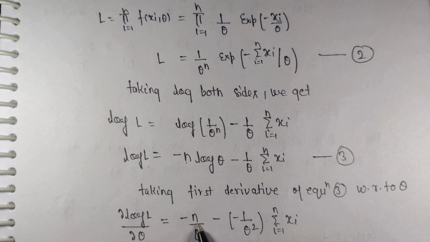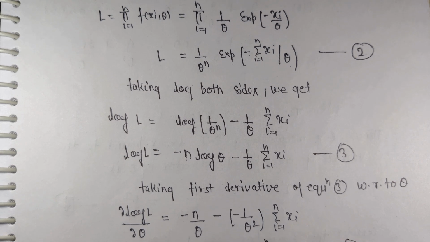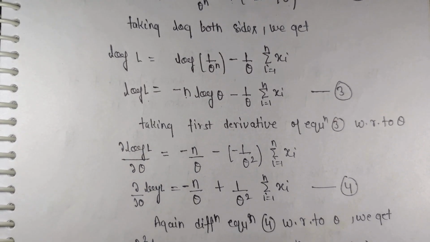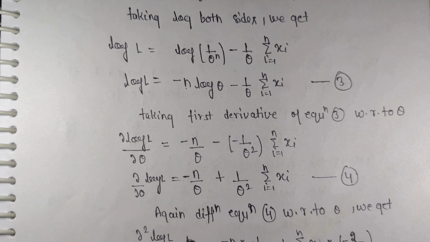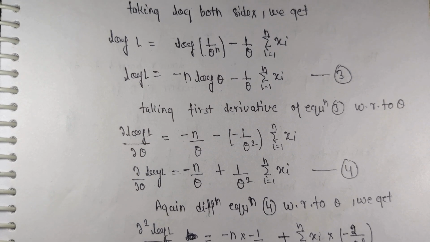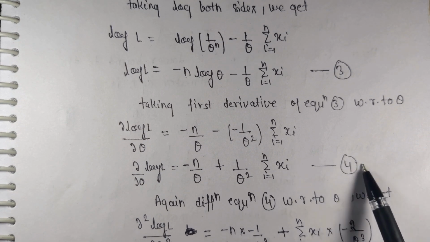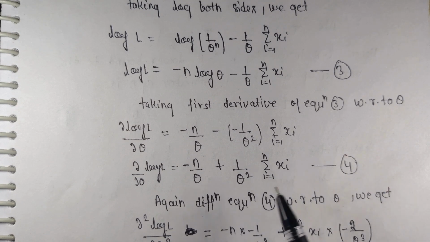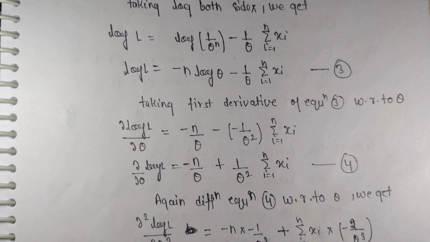Okay, so now rewrite this equation as equation number 4. You can see here, the first term is minus n upon theta, and the second term is minus minus plus 1 upon theta square and summation of xi. This is equation number 4. Okay, then again what we are doing here, we are taking the second derivative of this equation. That means we are again differentiating equation number 4 with respect to theta. After differentiating and getting the result, I will explain why we are doing this step. So now the second derivative is